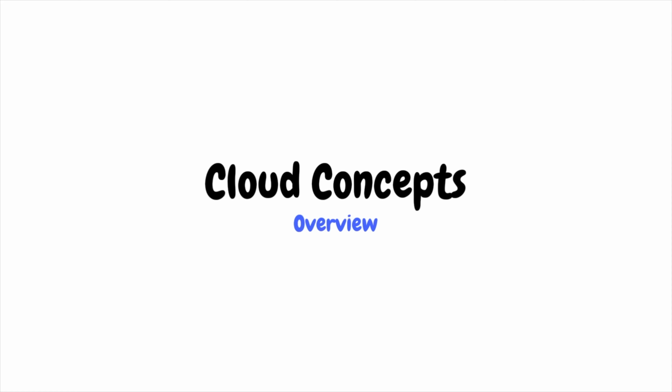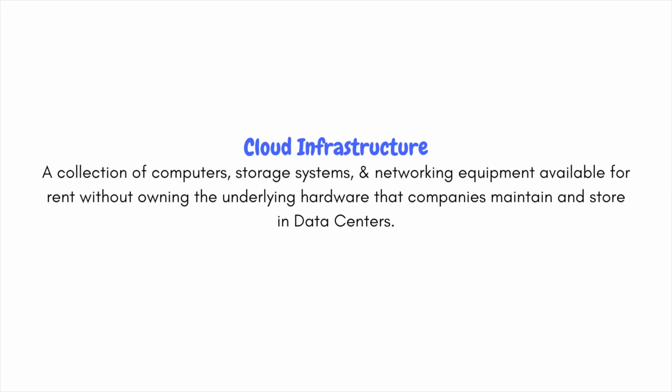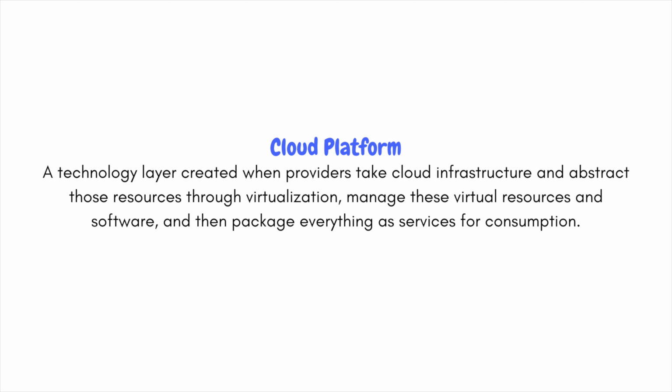Now, with these basics out of the way, let's cover a high-level overview of the cloud. First, we begin with cloud infrastructure. Cloud infrastructure is a collection of computers, storage systems, and networking equipment available for rent without owning the underlying hardware that companies, aka providers, maintain and store in data centers. Then we have cloud platforms. A cloud platform is a technology layer created when providers take cloud infrastructure, the physical resources, and abstract those resources through virtualization, like creating virtual machines or virtual storage,